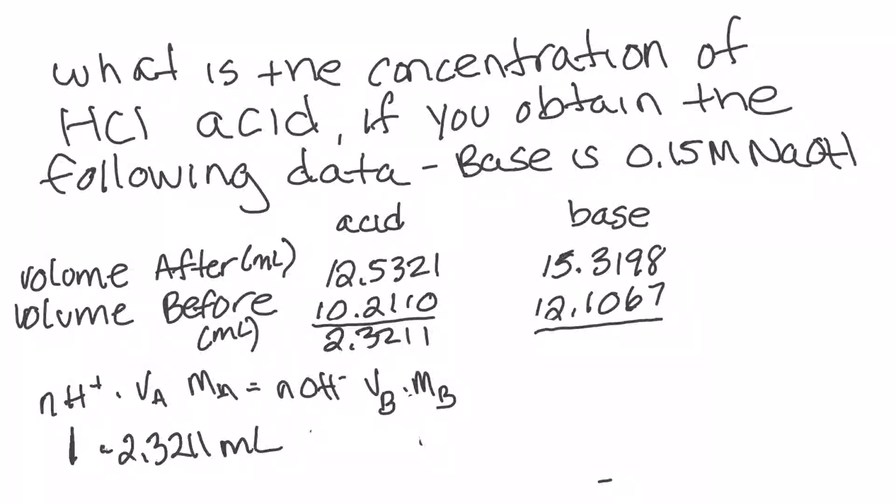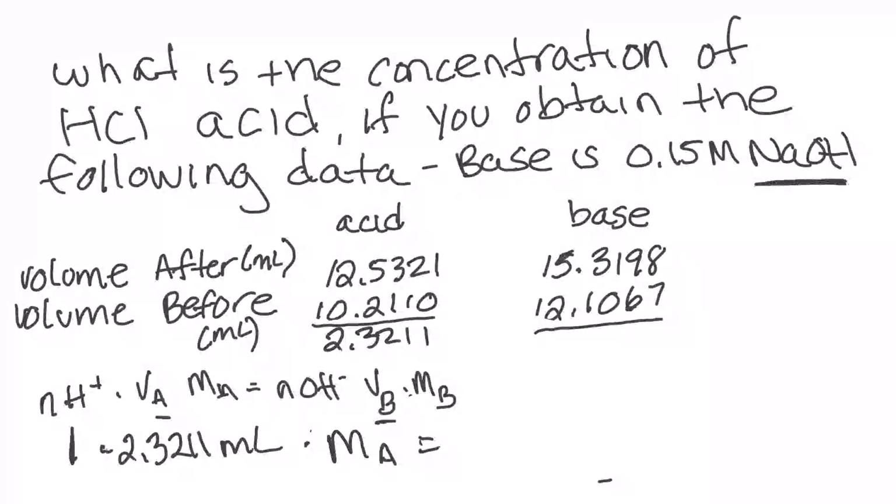Well, you can go ahead and convert this to liters, but this equation also works as long as I use the same units on both sides. So it works if these are liters on this side and liters on the other side, but it also works if there's milliliters on both sides. And you can prove that to yourself by multiplying each side by 1 over 1,000, and notice that it would cancel out. So if you convert both of them to liters, it would cancel. Times the molarity of the acid. That's my unknown. So Ma equals